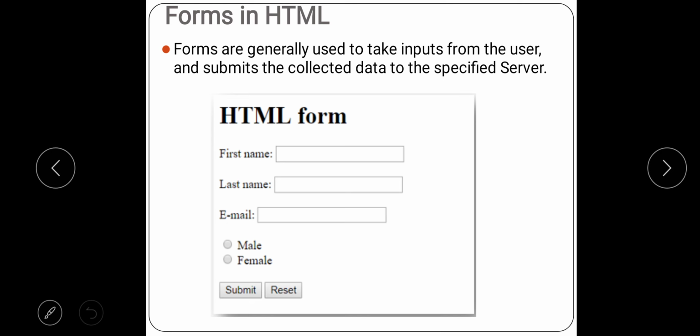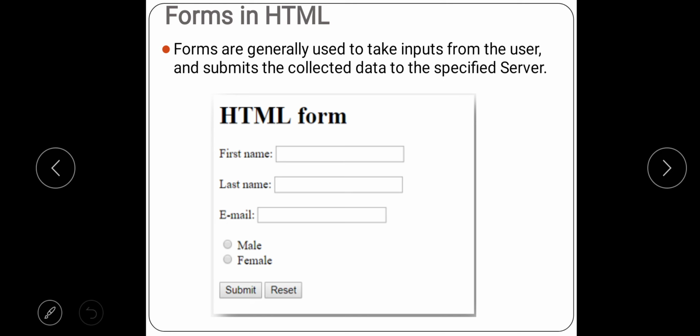Now moving on to the next line, you can see there are small buttons, circular buttons. For male separate button is there, and for female there is a separate button. Now this type of control is called as a radio button, right? This radio button has an important property. This button or the control can restrict the user from selecting only a single option from the given options in the form.